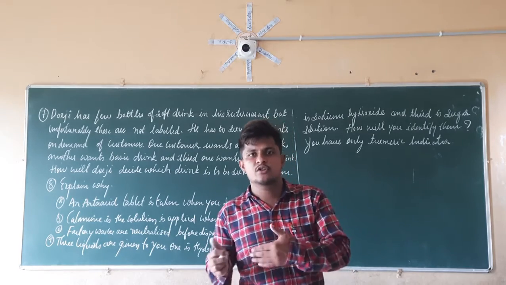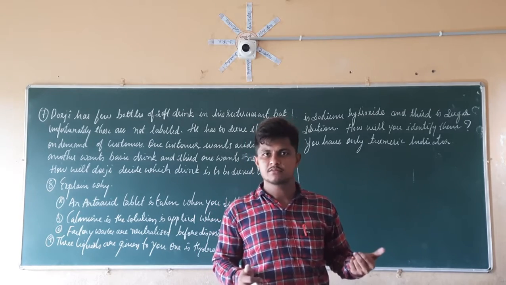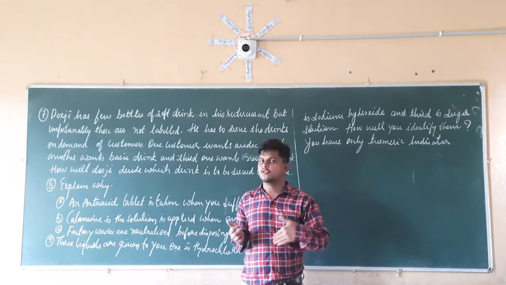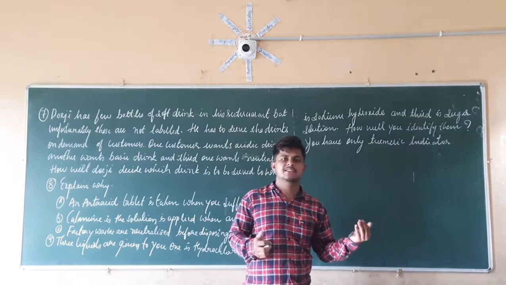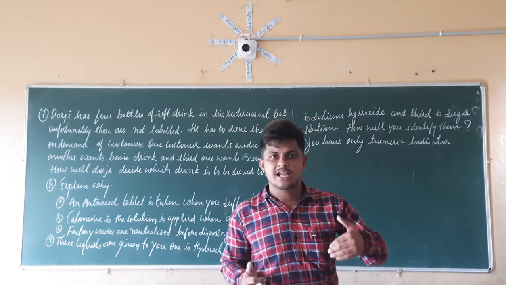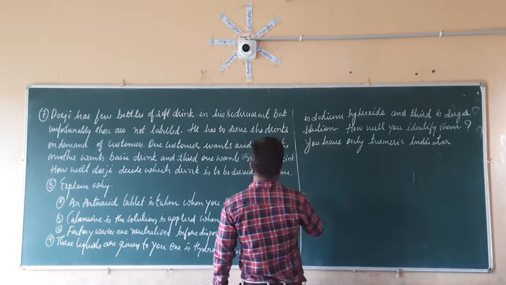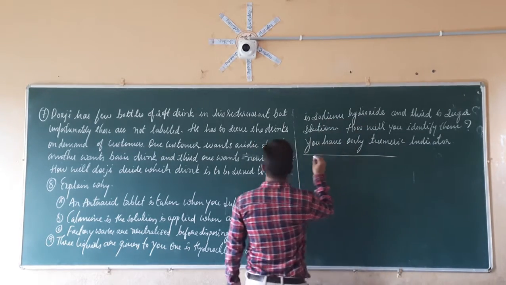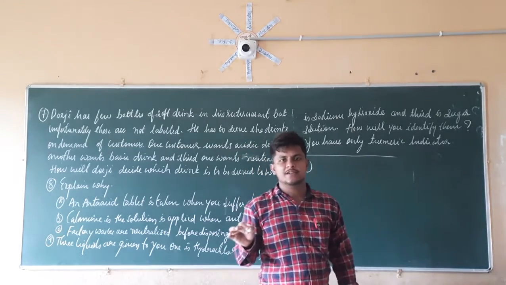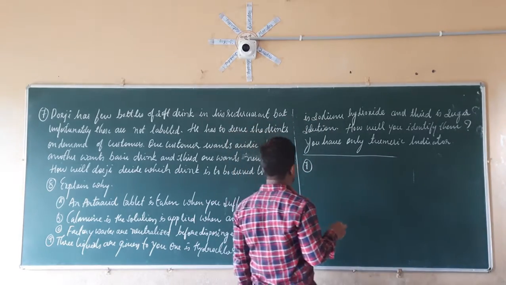So how is he going to solve this and supply the soft drinks as per the demand of the customers? Here he is going to use science. We already know how to identify acidic, basic and neutral nature: we use indicators. By the indicators we can identify acidic, basic as well as neutral nature. So for the 7th question, the answer is that Dorsey is going to use the litmus paper.